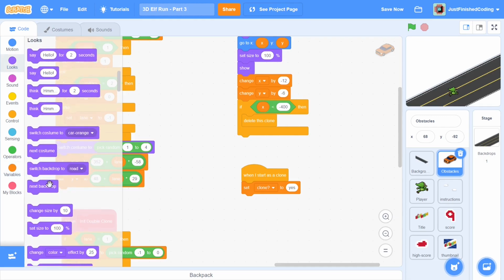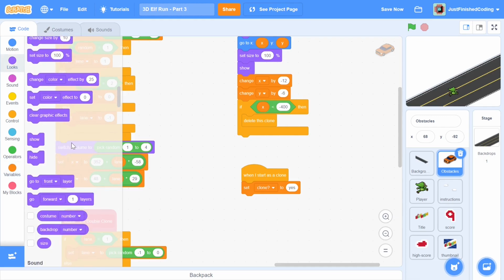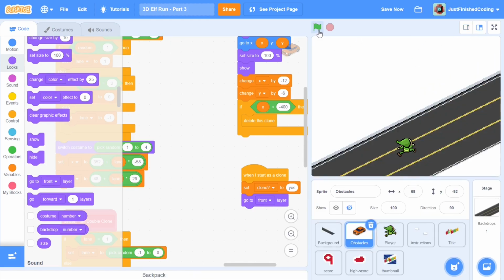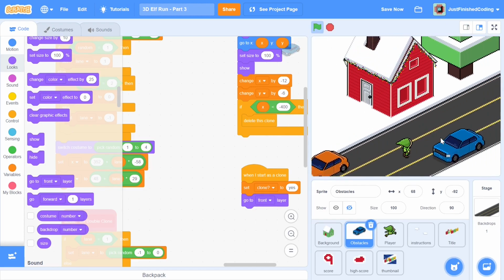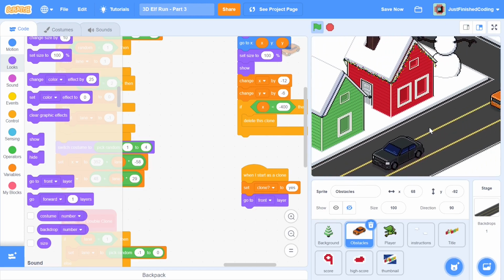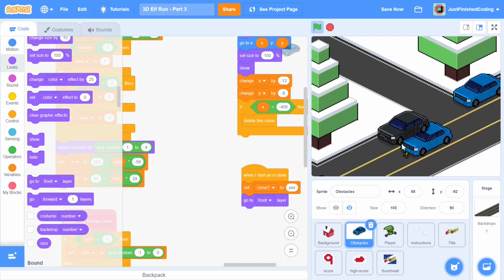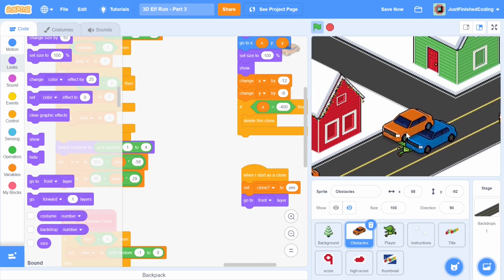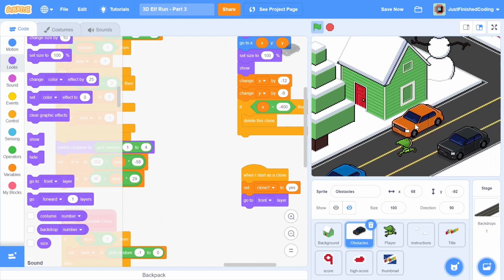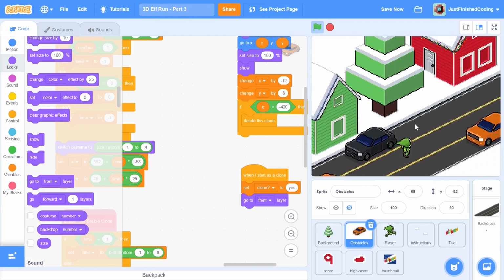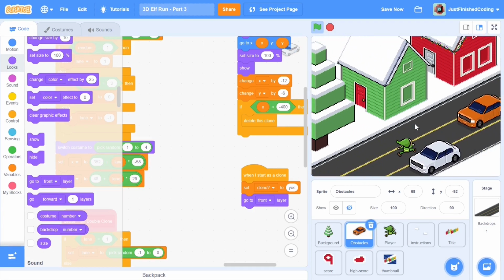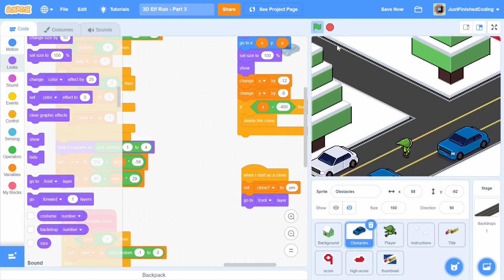Now what I will do, like I mentioned, I will not be fixing the layering in this video. I will just add a go to front layer, and this just makes the clones go in front and it messes up the layering. But we will fix the layering in the next video, so don't worry about that. So you can just click OK, and after this you can see that boom, our cars are moving. And obviously, the player can go right through the cars now, and I'm pretty sure you can catch these cars which are layered incorrectly. But the good part of it is the cars are spawning and they are clearly working.